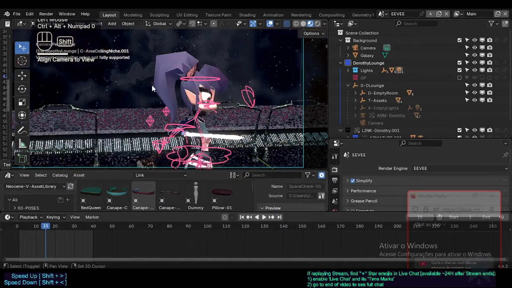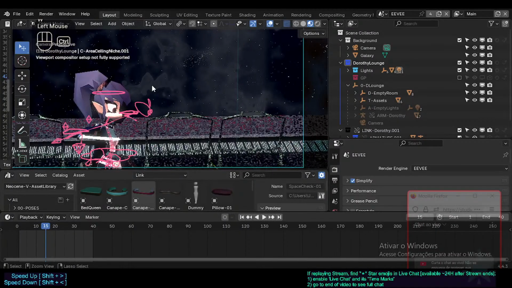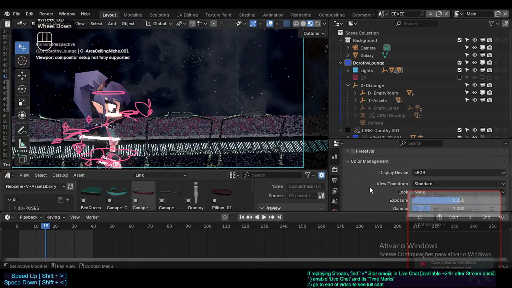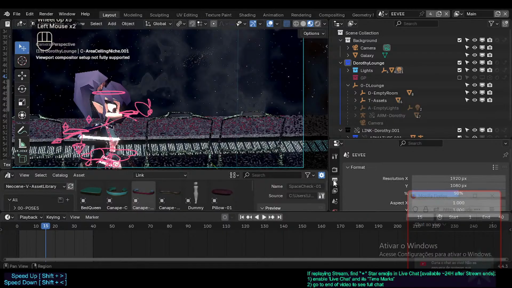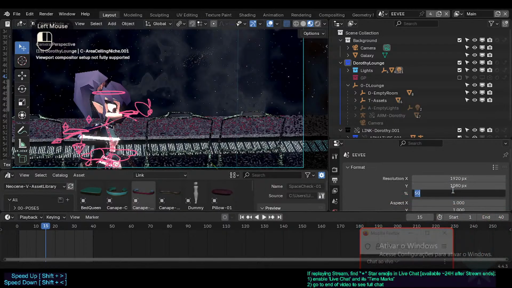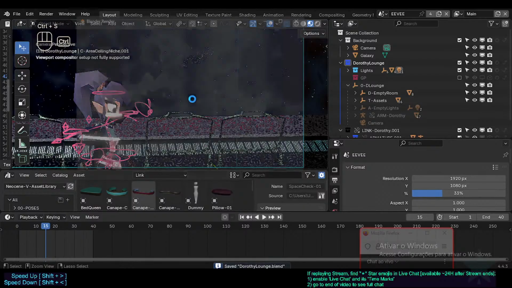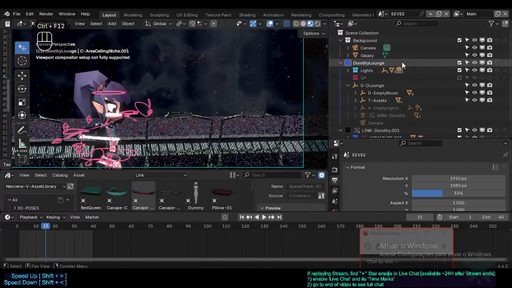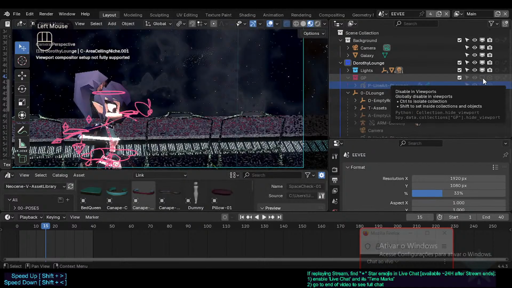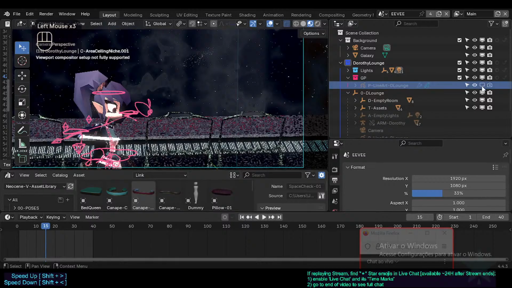Control Alt 0, numpad 0, and yeah, so here I'm gonna just render with maybe reducing the output here, 33%, whatever. Control F12. Now before that, let's also recover this. Here we're gonna get the grease pencil with